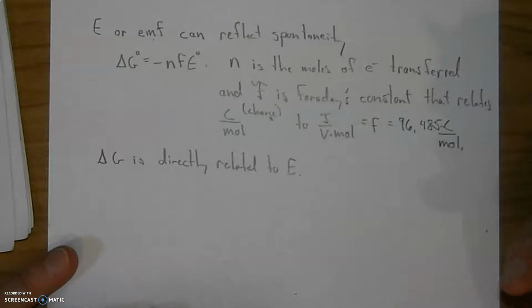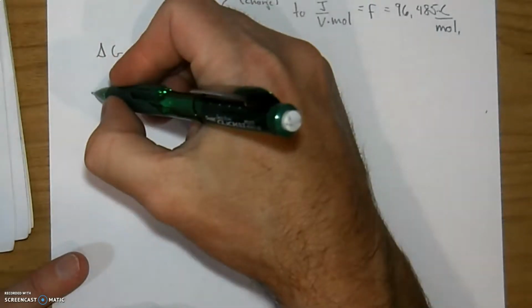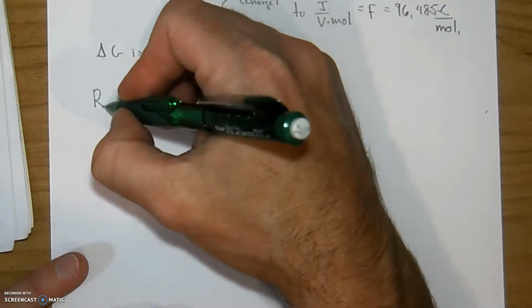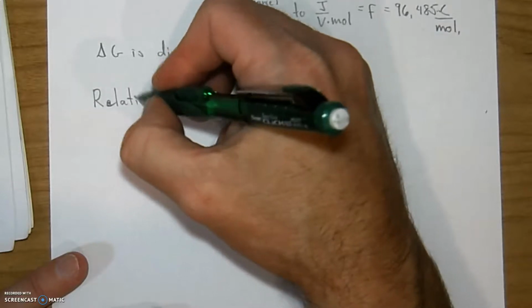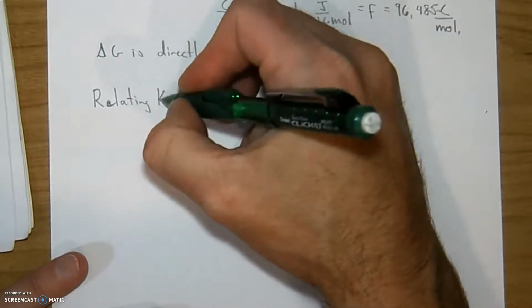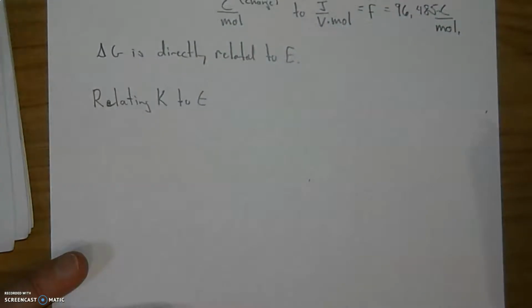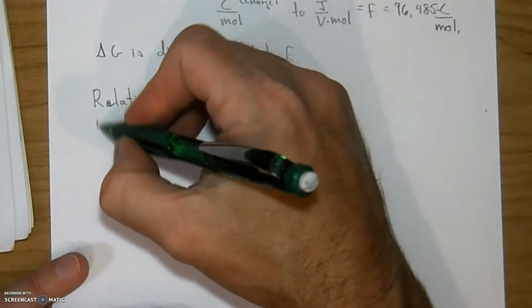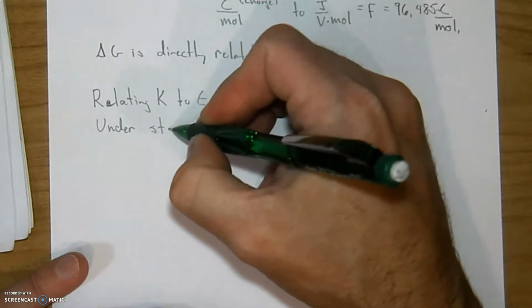All right, three equations that we kind of want to make a comparison of. Actually, let me hold off on that. I'll get there in just a moment. I want to introduce them first. Relating K to E, so we're bringing in another value, equilibrium. Yeah, we can do that. Under standard conditions,